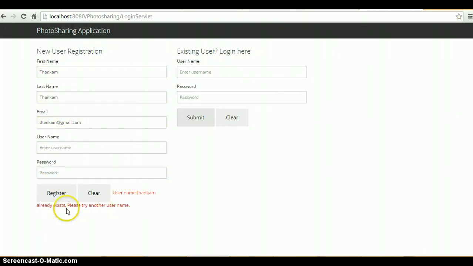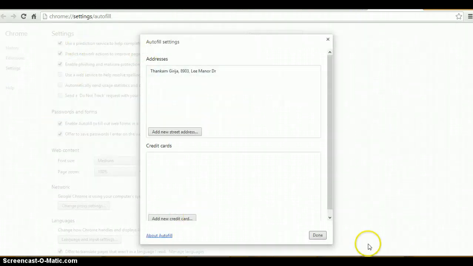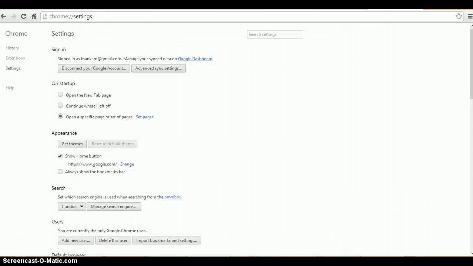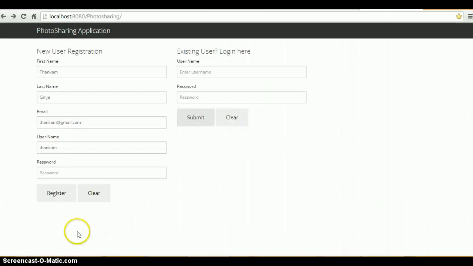It says that my username already exists, so I just did a deletion from the database. Let's try again. I'm going to register myself as a user.